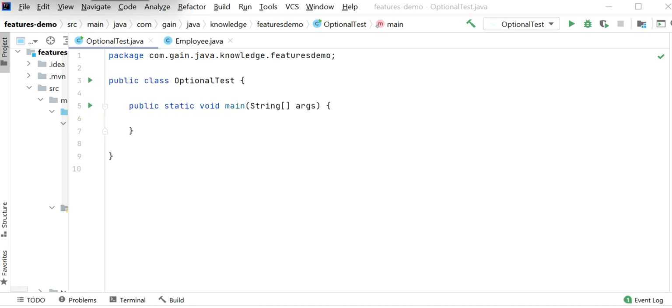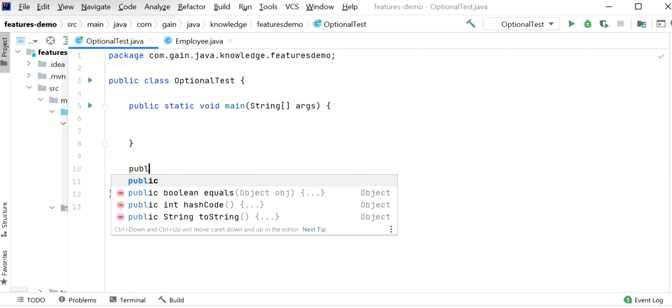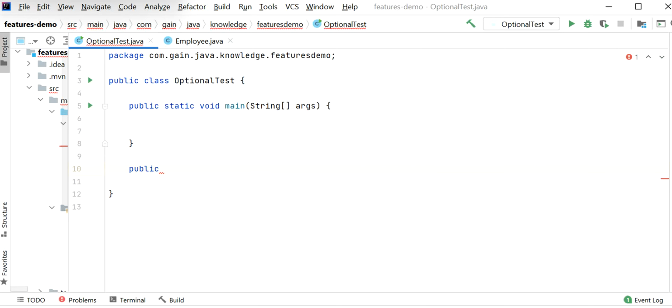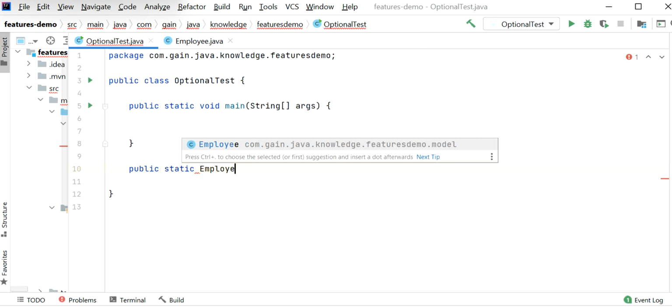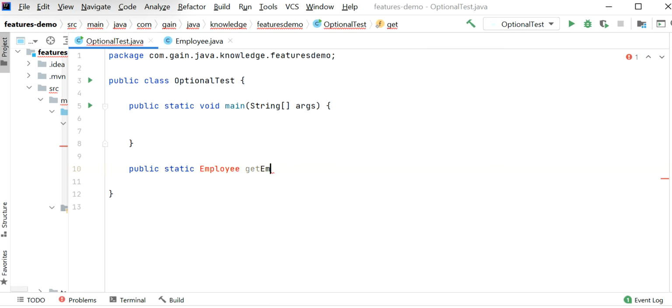Here first I will write some method without using Optional. After that we will use Optional. I will write one method, and this method will return an Employee object: public static Employee getEmployee, and here I will just return an Employee object.